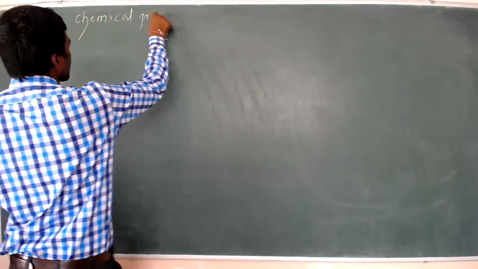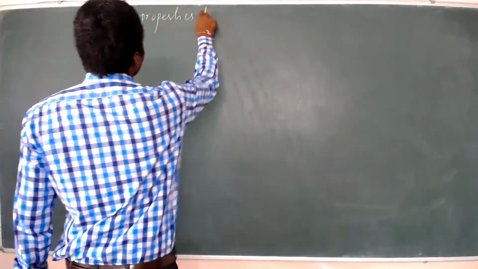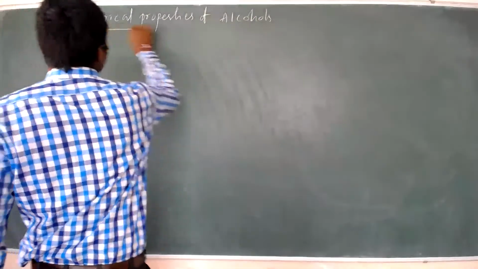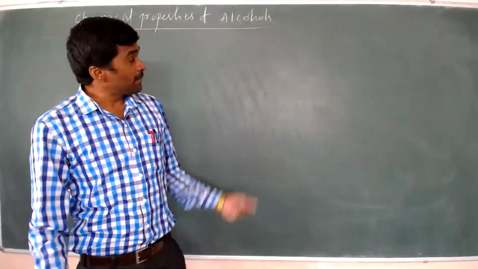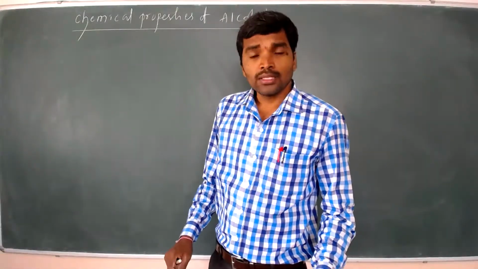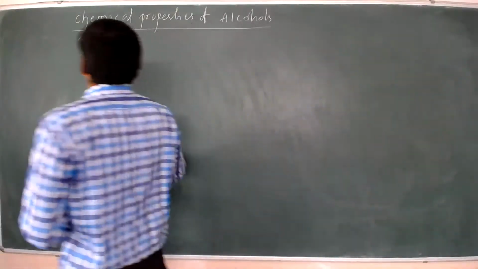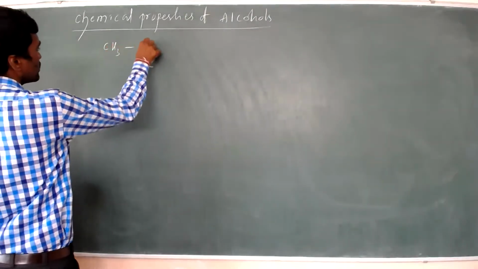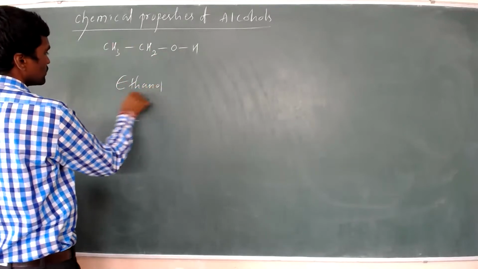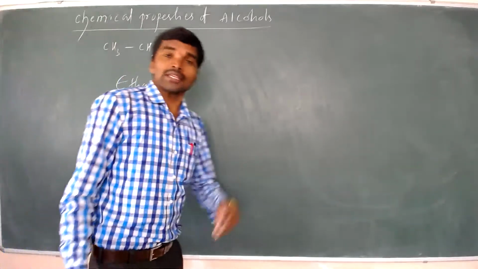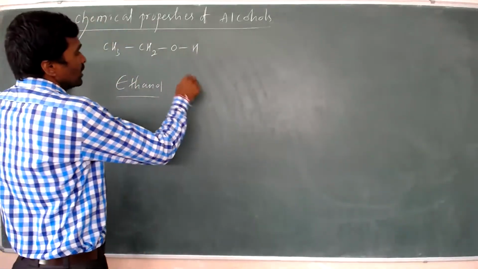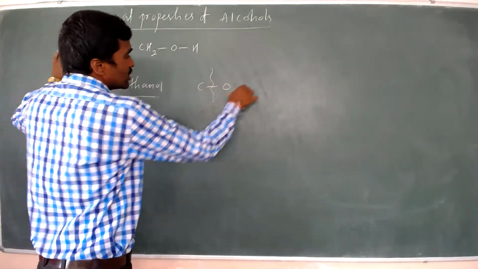In the chemical properties of alcohols, the important point is the reactions of alcohols. For example, here I am taking ethanol. The chemical properties involve carbon to oxygen cleavage reactions,